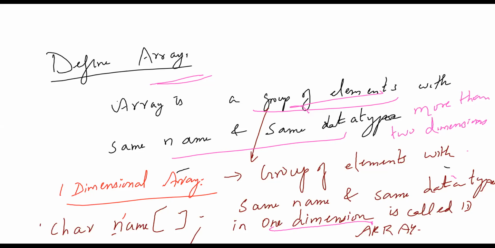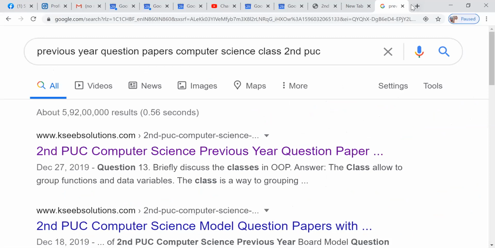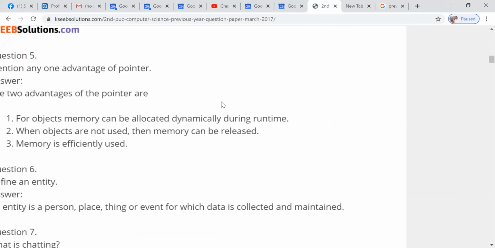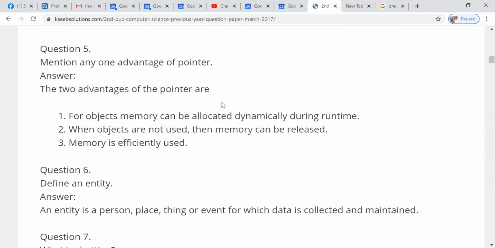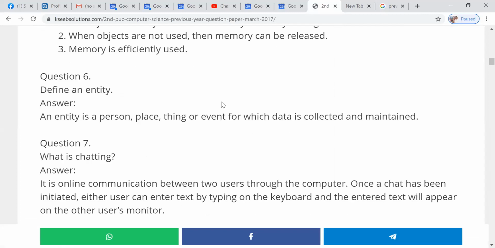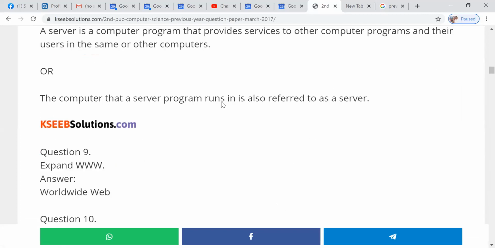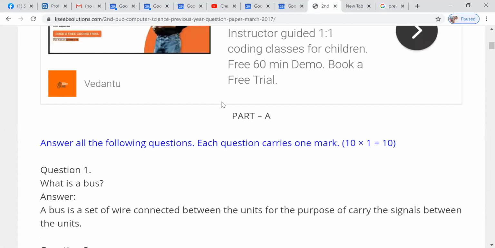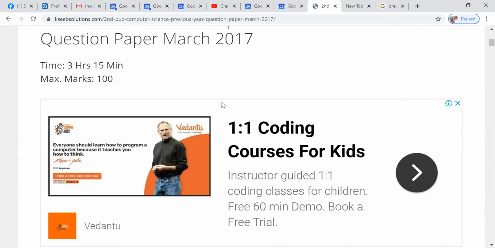Clear? Now let's come back to the question paper. I'll take the question paper now, because only while doing the question paper will we be able to get anything. See here, advantages of pointer. Correct? Yes or no? Whichever things you have doubts about, you should come back to me with that. So today you have to do arrays and pointers and send me the assignment. Is it clear? Arrays and pointers, syntax is there.